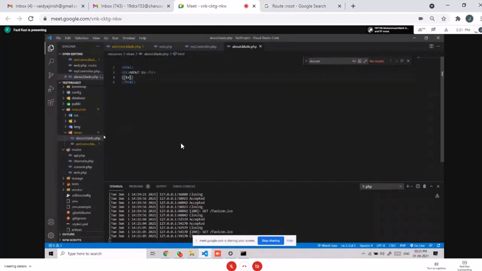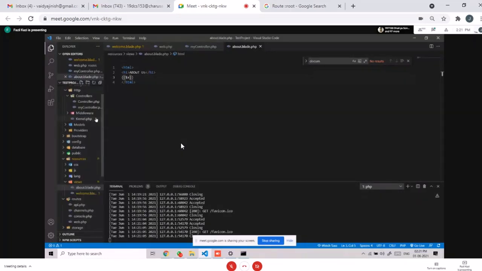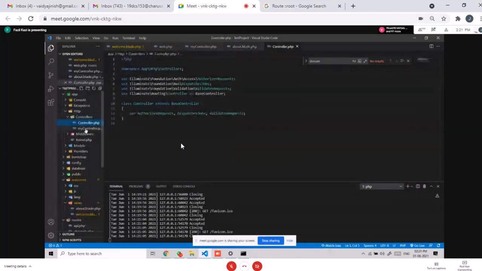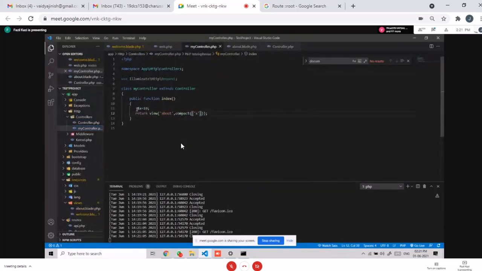So basically what we are seeing is that the view is getting data from this controller, and in this controller we are getting data statically from here. Now we can also do the same thing with the database. We can fetch data over here, and that data will be passed through these variables to the views, and in the view we can display all the data, like a list of users, a list of students, or anything we want to display on our view.